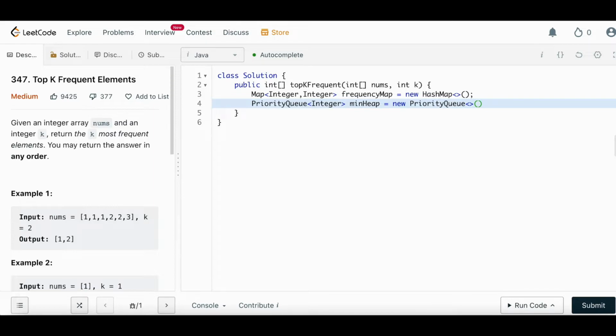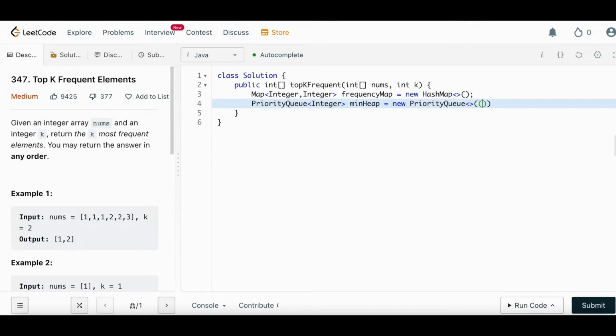So as we see, this priority queue will be of integer, because anyway we will be creating this heap based on the element, but we cannot directly use the element to create min heap, because in that case it will not be created based on the frequency. So in this example, if I create a min heap, we will get 1 2 3. So how will we tell this min heap to create the min heap based on the element's frequency?